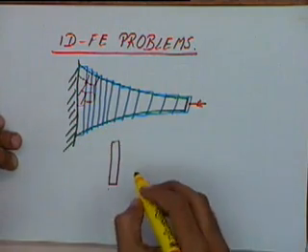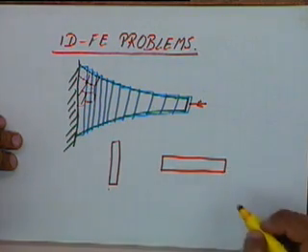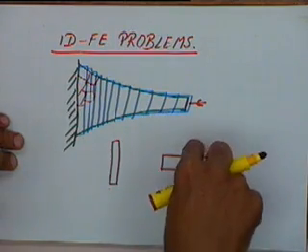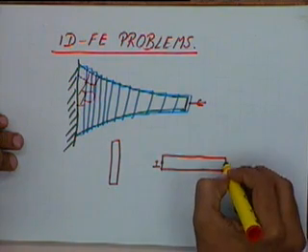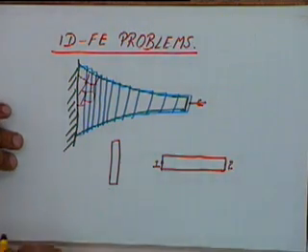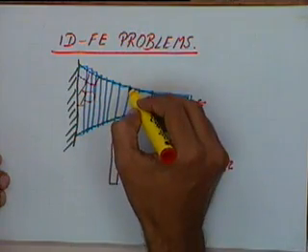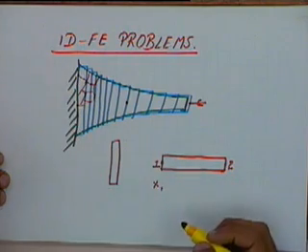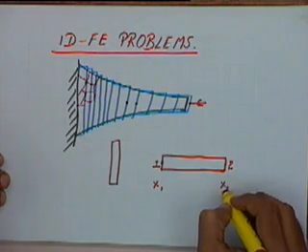So if I take any element, that element essentially looks like this. It is just a rod like element, with uniform cross section. On this element, let us say this is my point 1 and this is my point 2. At this point, the x coordinate, if my element is here, let us say is x1, and at this point the x coordinate is x2.